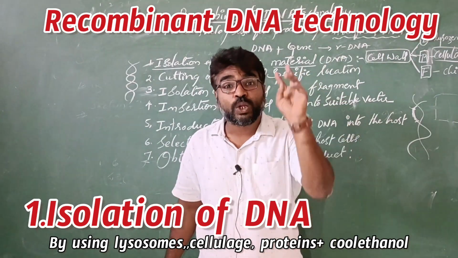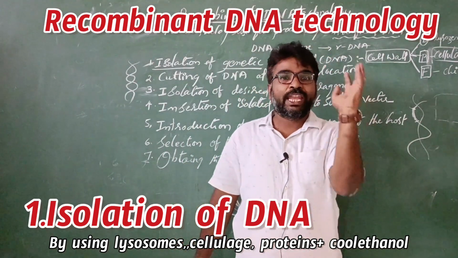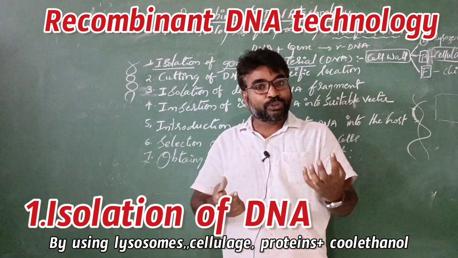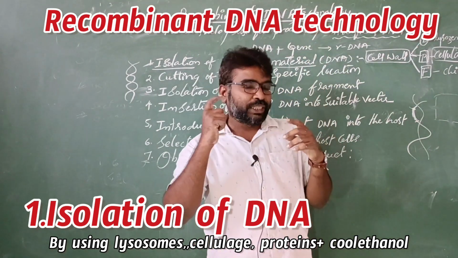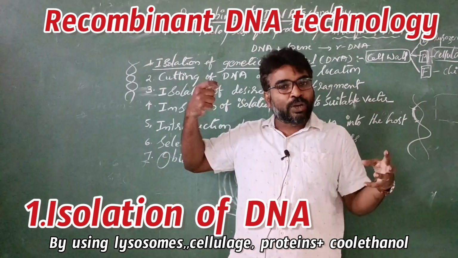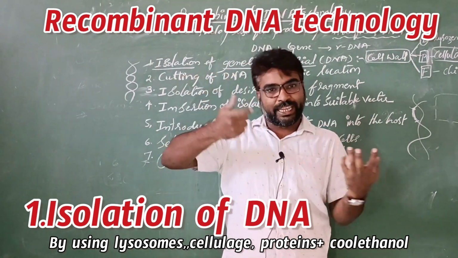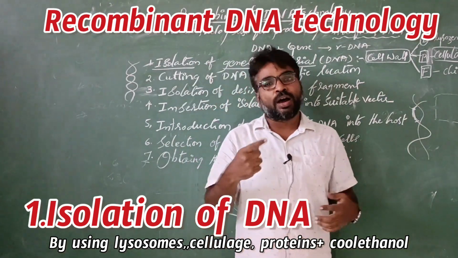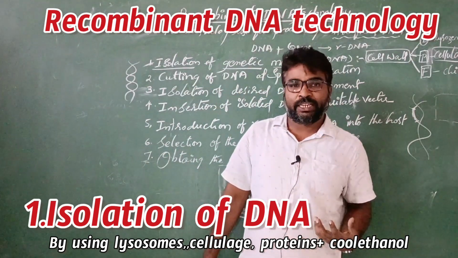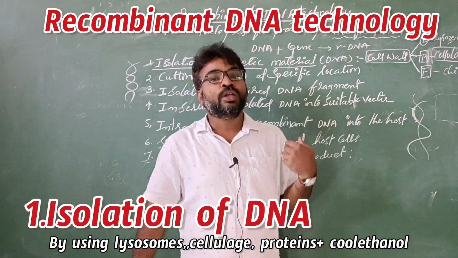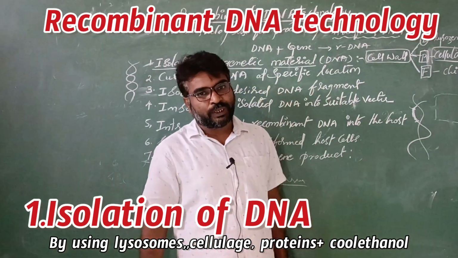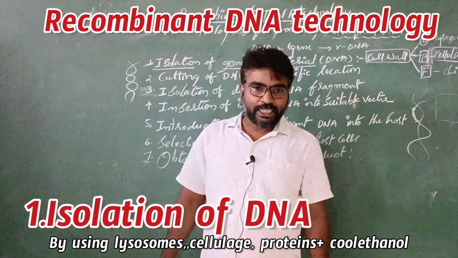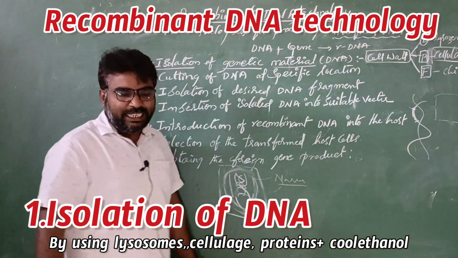Further, we add cold ethanol. Then there will be precipitation. The DNA will come out. We can see it with our naked eye. We can spool it out. We can take it out by an inoculation loop. This is the first step. I think you understand very easily. Okay,